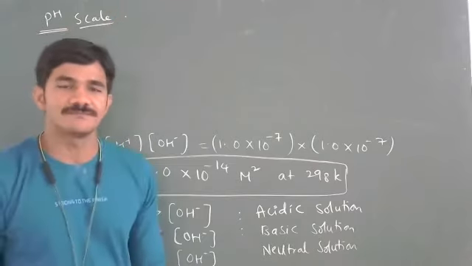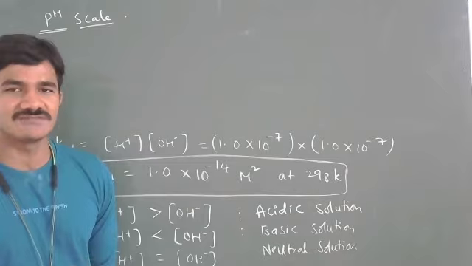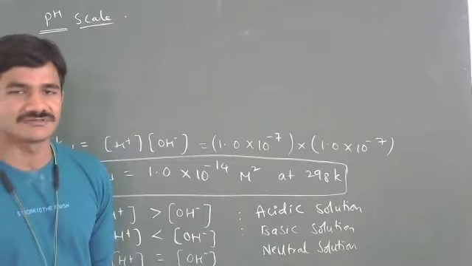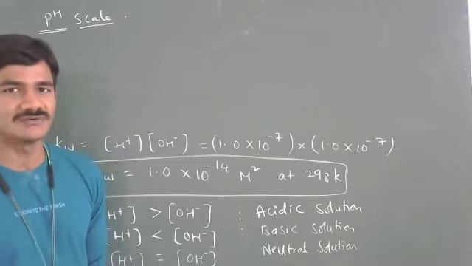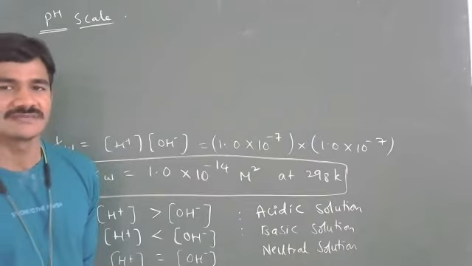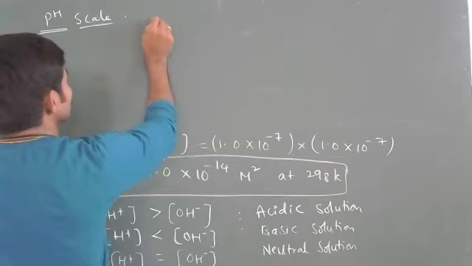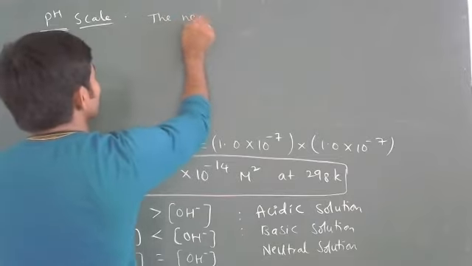So what is pH? pH is used to find out the nature of substances, the nature of aqueous solutions, whether they are acidic, basic or neutral, whether there is a strong acid or weak acid, strong base or weak base. We can find that out based on the pH value. So, the pH definition: